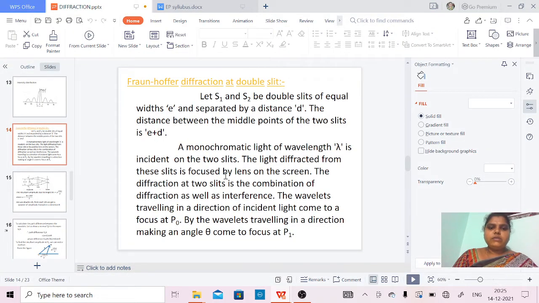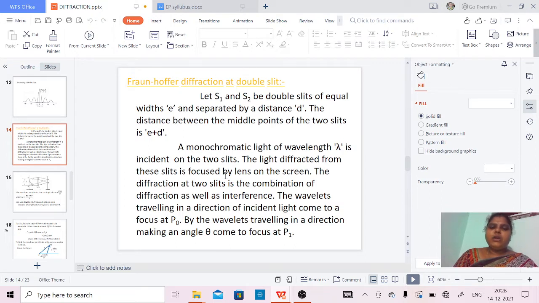Fraunhofer diffraction. For this diffraction also we are using a slit, but here it is a double slit. According to the name, we are using a double slit, that means two slits. Let S1 and S2 be double slits of equal widths e and separated by a distance d. Whenever we use a single slit, its width is also e. Here the slit width is also e, but we are using two slits and those two slits are separated by a